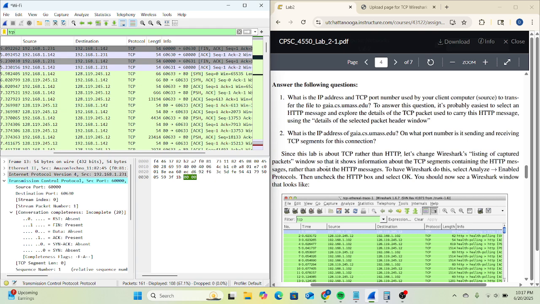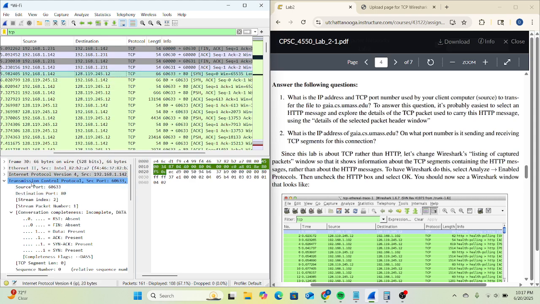and then it says, what is the IP address of gaia.cs.umass.edu? If you go back up here to this first SYN message, you can see they are the source, and it's 192.168.1.142. And their port number is 60633, and you can find that right there. You can also find that down here too. We'll click that message right there. And there you go, you've got the source port 60633, and